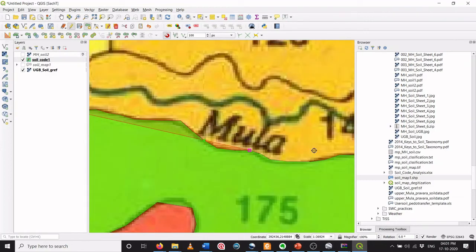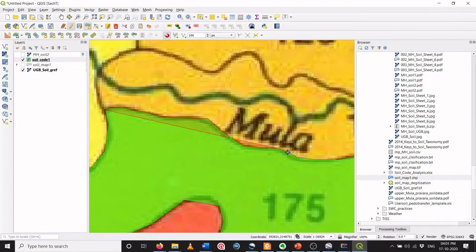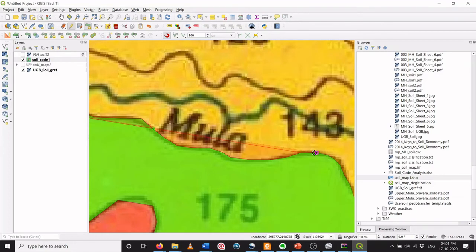So it is making my job pretty easy because of this. Okay, so I can do this and it doesn't allow me to click anywhere.